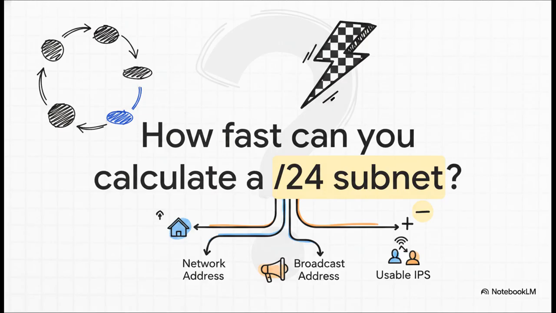But now it's time to put your new skills to the test. Before we wrap up here, I want to leave you with a quick challenge. Using this exact shortcut method we just walked through, how fast can you calculate the network address, broadcast address, and usable IPs for a /24 subnet? Try applying the subtraction and that increment rule right now. I promise you, once you start using this shortcut, you are never going to want to go back to binary